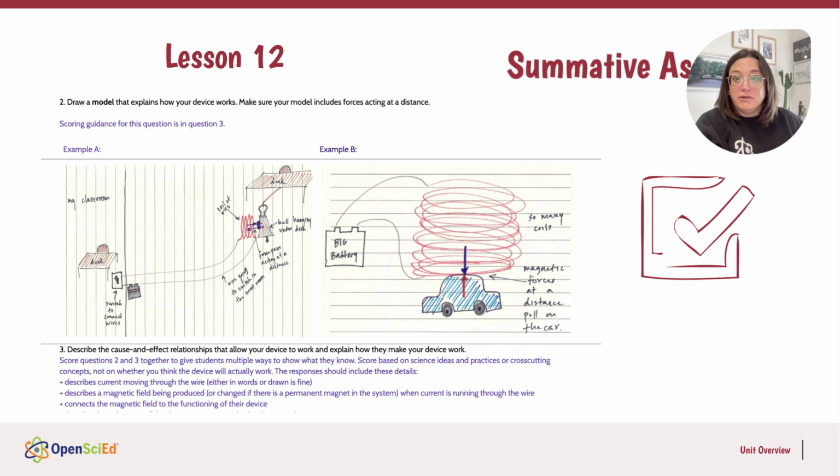Finally, in Lesson 12, we take stock of how far we have come and apply our new ideas about the strength of forces, both the speaker and the other electromagnetic applications we have considered. We revisit our driving question board, take one more time to try to answer our remaining questions, and then finally, we take an assessment. So that's the storyline for this unit. It's designed to follow students' questions and build big science ideas one step